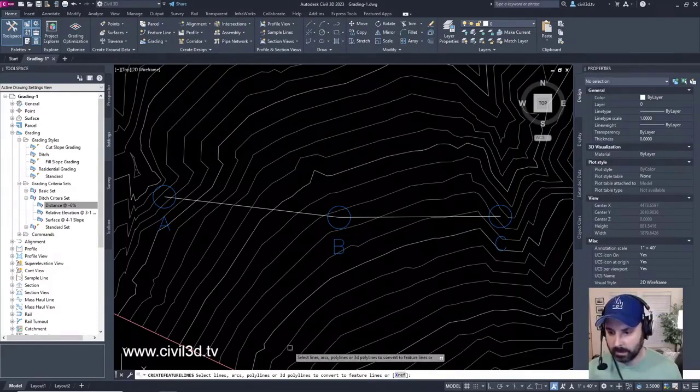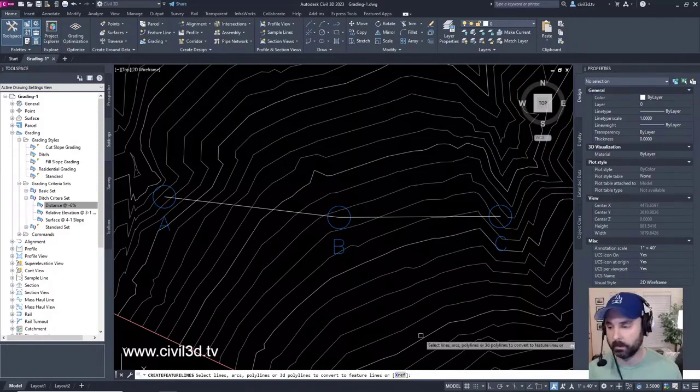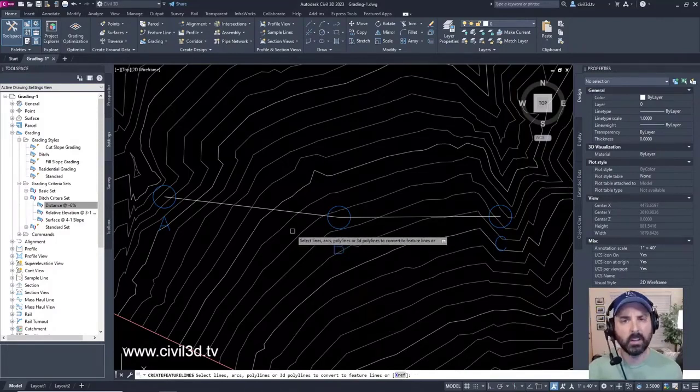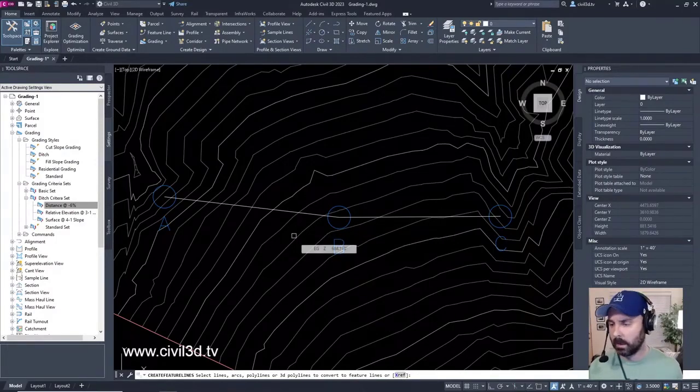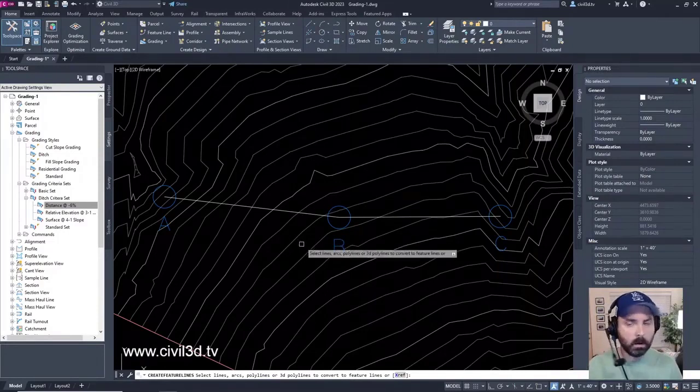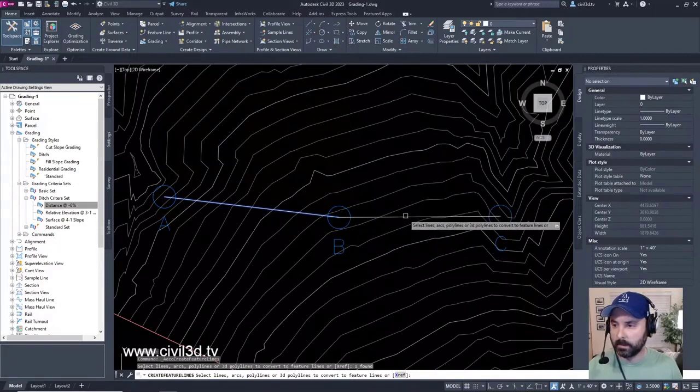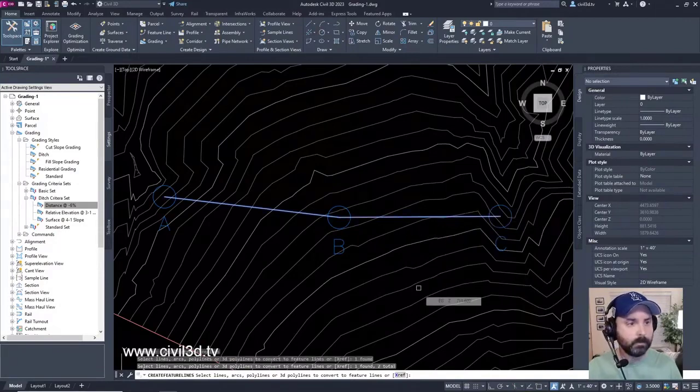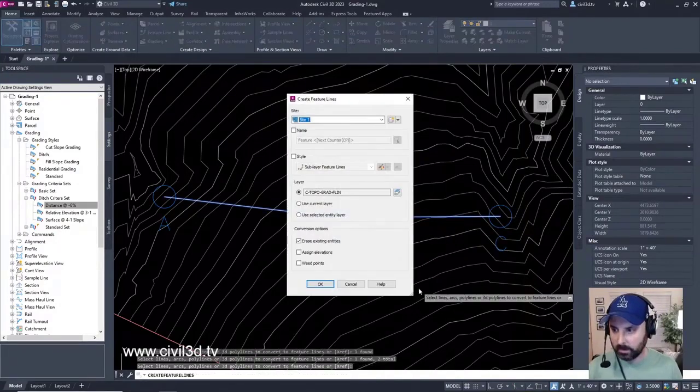Our command line is asking us to select lines, arcs, polylines, or 3D polylines to convert to a feature line, or you can use an XREF. That's nice. I don't really do that a whole heck of a lot, but sometimes it can be very helpful. Okay, we're going to select both of these lines and then enter in the selection.